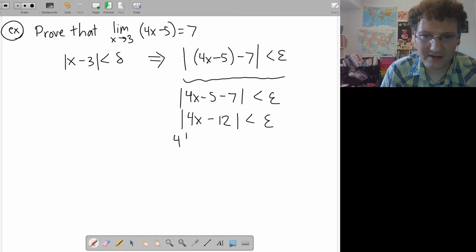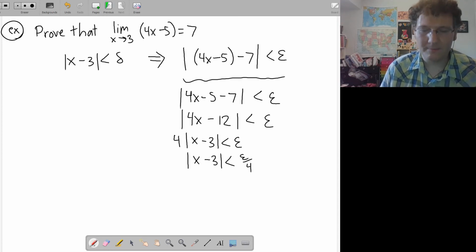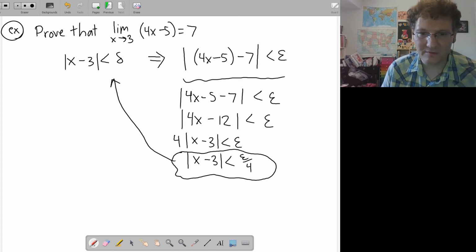I'm going to factor out the 4, and I get 4 times the absolute value of x minus 3 less than epsilon. Then if I divide both sides by 4, which is positive, so it's not going to change the inequality sign, you get epsilon over 4. And then I've achieved my left-hand side. But it doesn't have a delta, it has epsilon over 4,